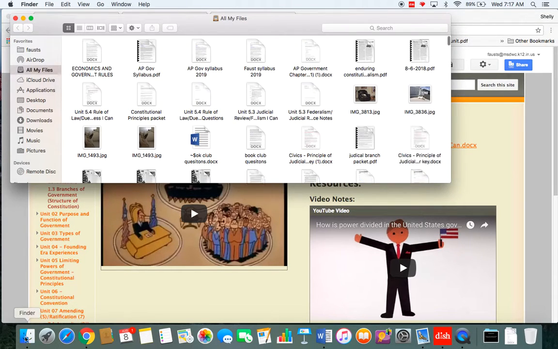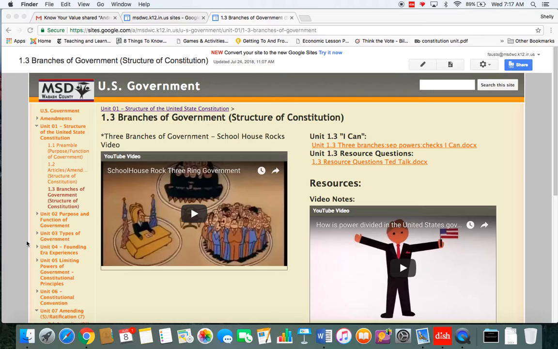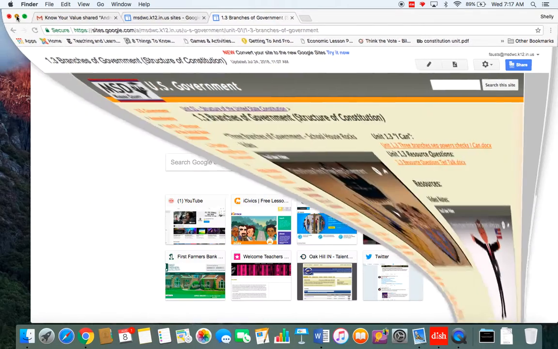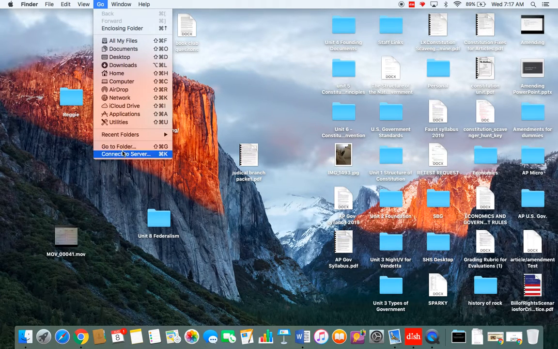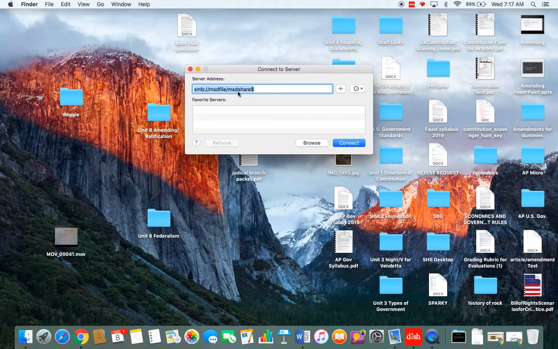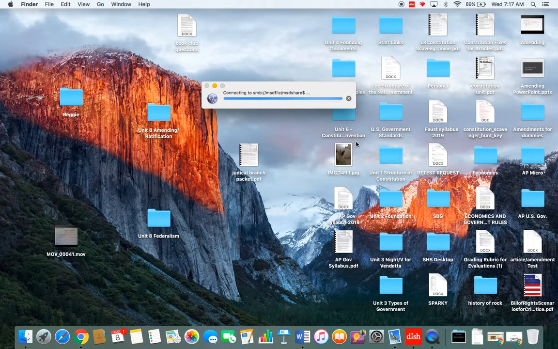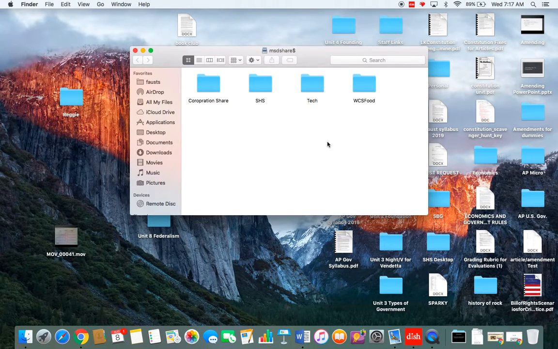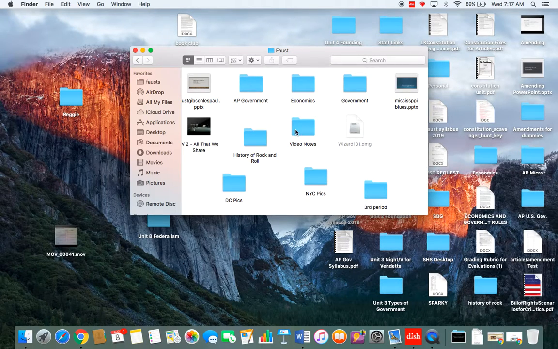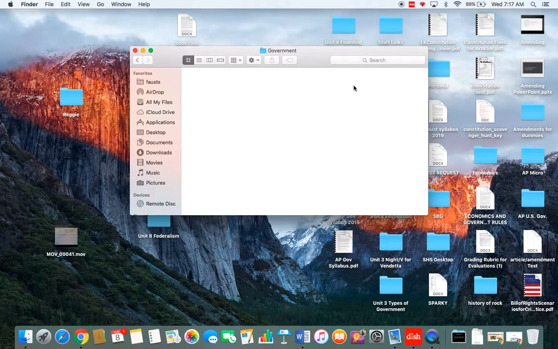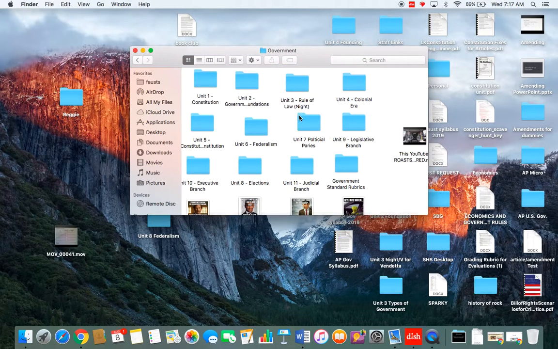the share drive, if you click down here on Finder, yep, didn't want to do that. Let's see. I'm already at Finder, so let's close all this out. If you click on Go, connect to server, and this should be in this address line, and if it's not, type that in there and just hit connect. That takes you to the share drive for SHS. You're going to double click on it, then you're going to find my name and double click on it, and then you're going to go to government, and then here are my folders,